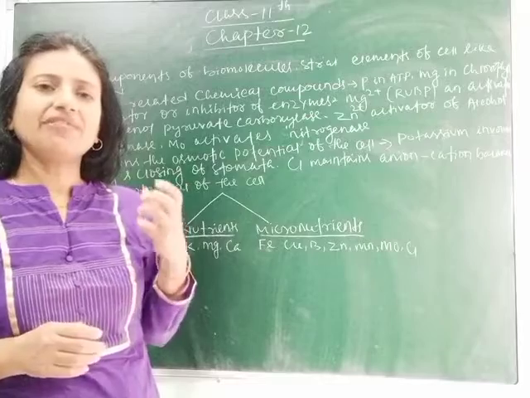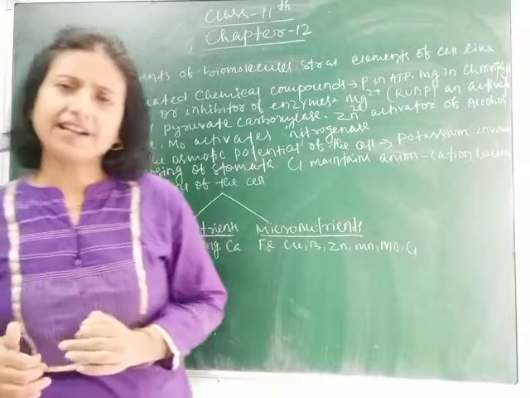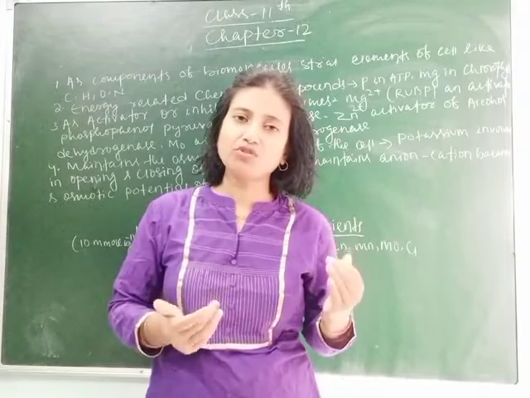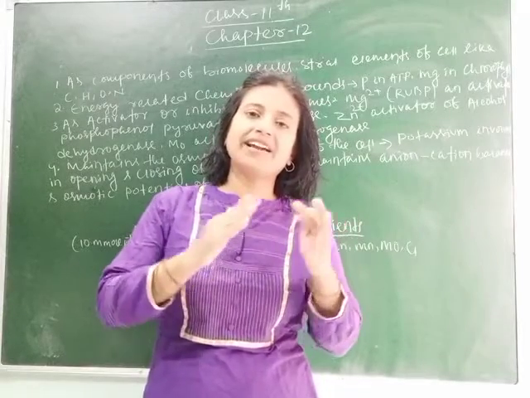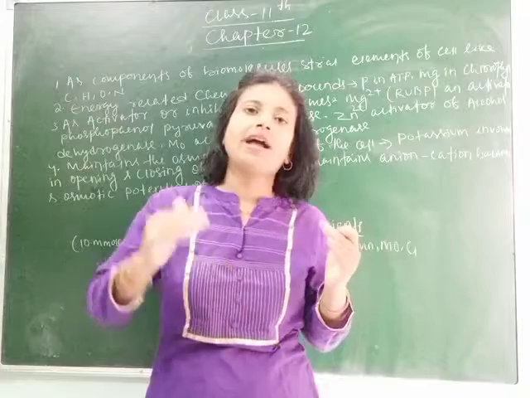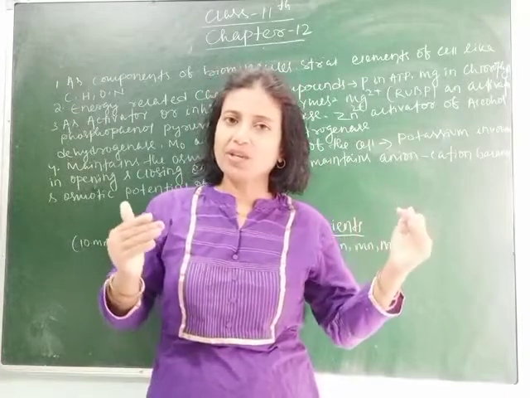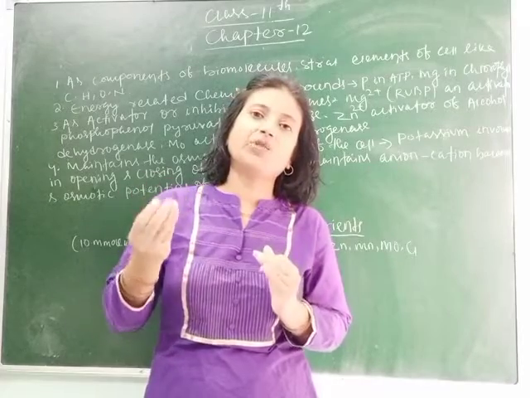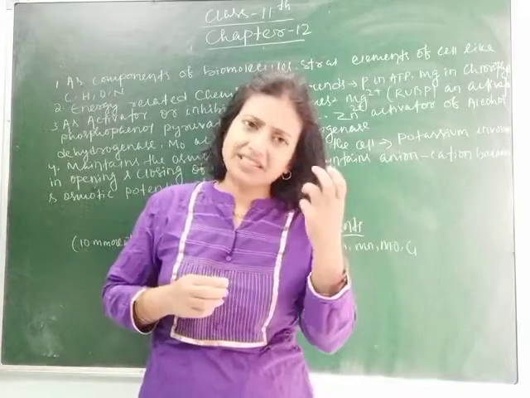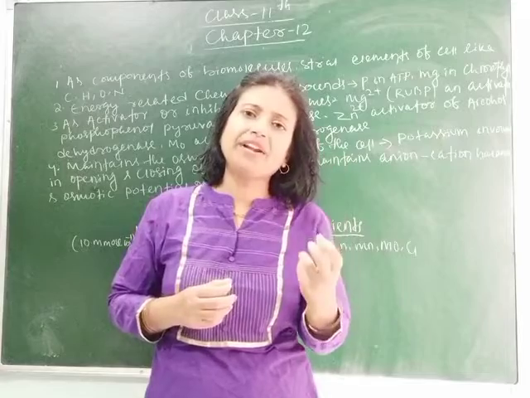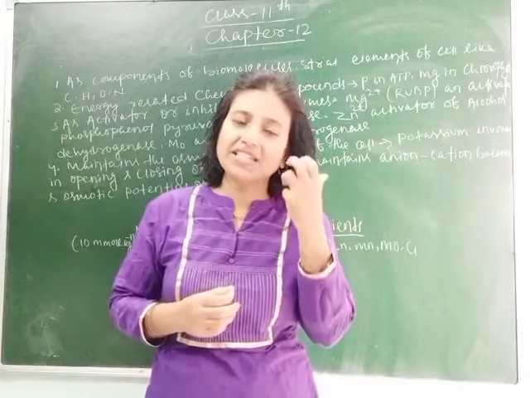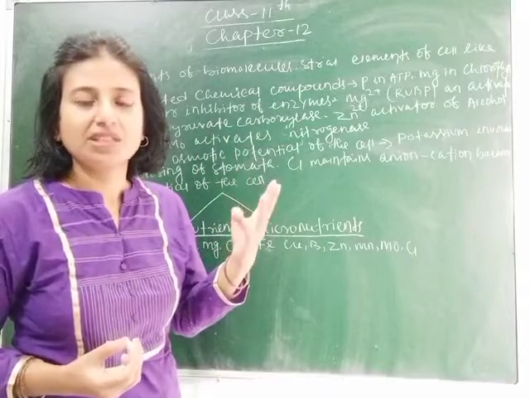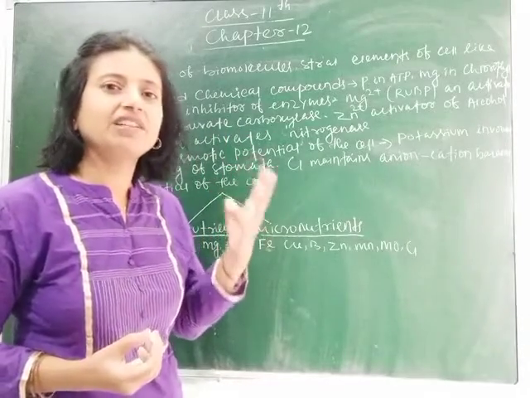So as I have explained to you in my yesterday's class, different types of mineral nutrients are required by the plant in different amounts, and on that basis they are divided into macro and micronutrients. Macro means which is required in large amount, whereas micro means which is required in less amount. So this is the basis of requirement of the mineral nutrient by plant, but still again it is categorized into four different types on the basis of their diverse function.